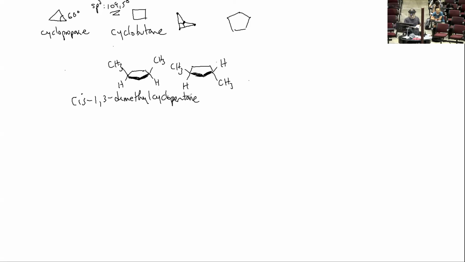And the other one we would have to call trans 1,3-dimethyl cyclopentane. Because they need different names. They're different molecules. We need to be able to distinguish them. And I think you'll see naming cycloalkanes is very similar to naming straight chain